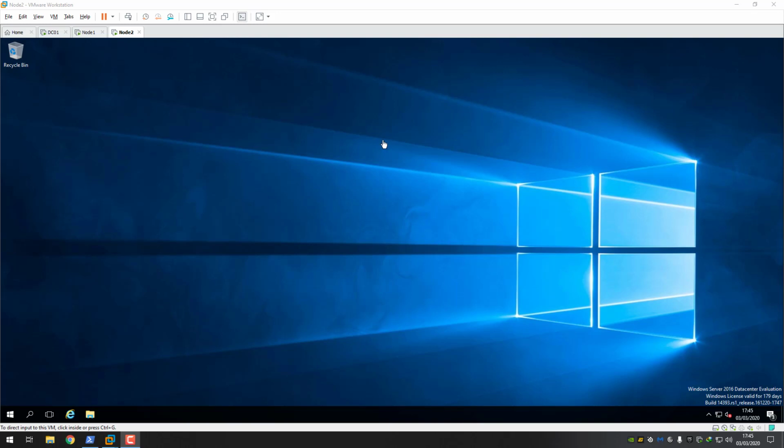Hi, in this lab we'll be setting up a 2-node failover cluster, and we'll be setting up and configuring SQL Always On availability groups, which will host our Citrix databases. We'll be using the developer edition of SQL, SQL Server 2017. The developer edition maps roughly to the enterprise edition of SQL, which will allow us to use Always On availability